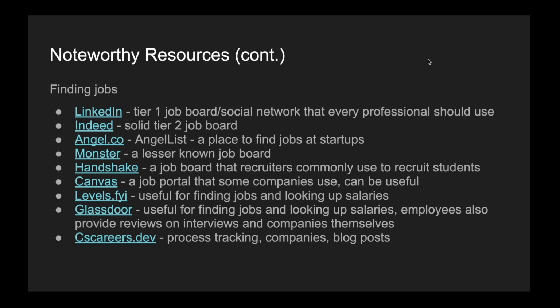Like 3 solid side projects is good. If you're majoring in computer science, let's say, something good to work on might be an actual software engineering project, something full stack. A full stack project would include some sort of back end service, probably a database, and then some sort of front end. If you did all of that, I would consider that a very solid side project for software engineering.